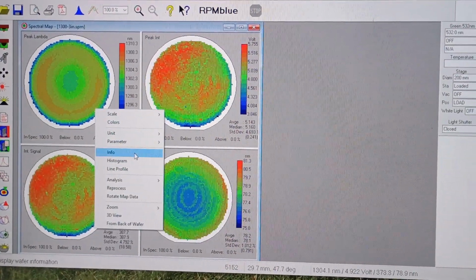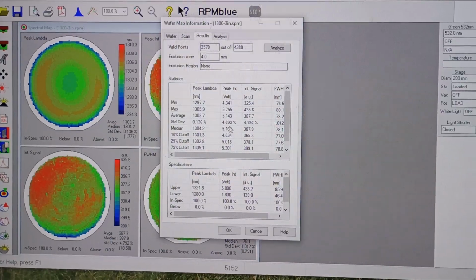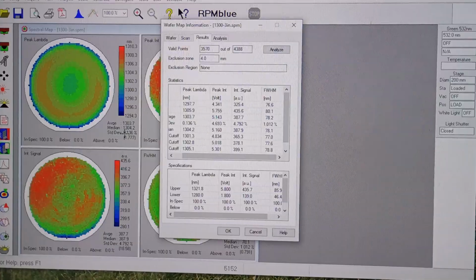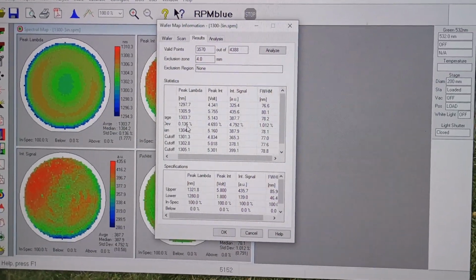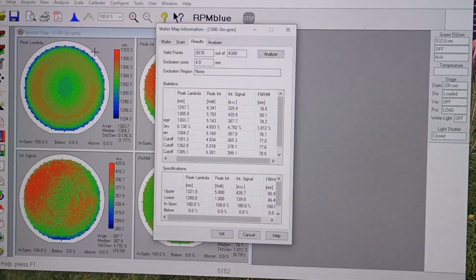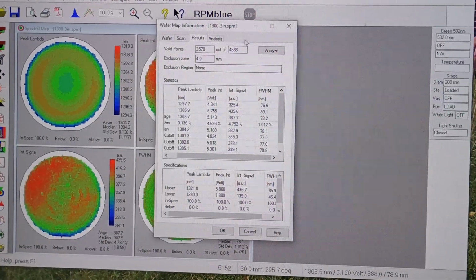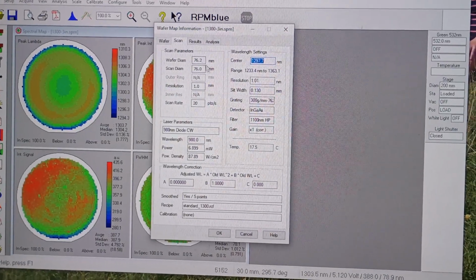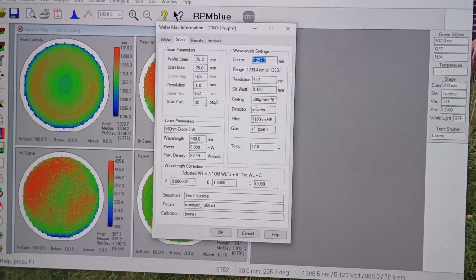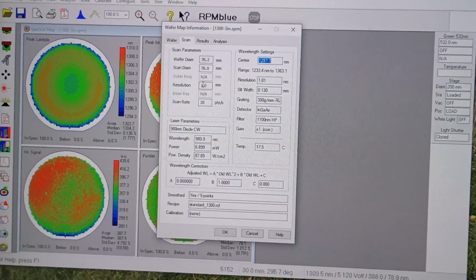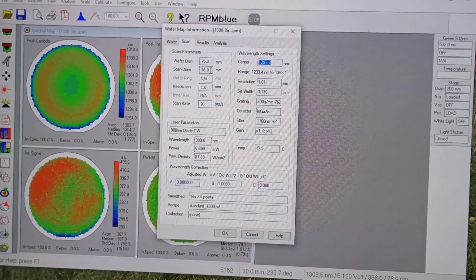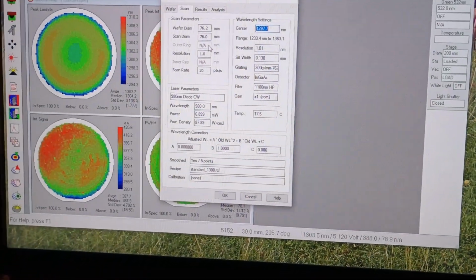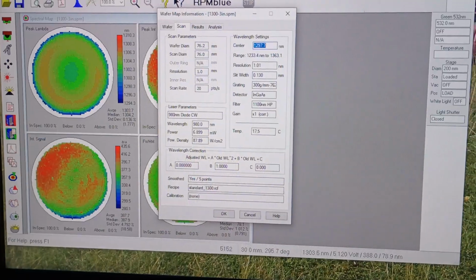I can get the information. So here's our statistics, and those will reflect the current situation. So the standard deviation of 0.136% on there is in here. Before I applied that exclusion zone, that was slightly higher because there were a lot more excursion points within the scan here. This will tell me how it was taken. So it was taken at 20 data points per second with a grid of 1 millimeter on a 3-inch 76mm scan. And the center wavelength was set to